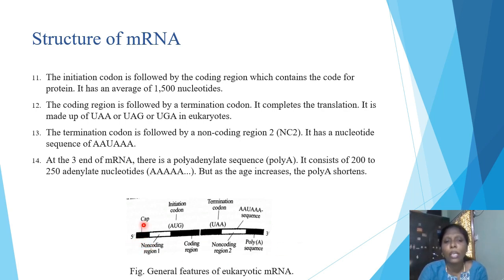Here the first thing will be the cap, where this cap will protect the nucleotide from the 5' exonuclease, which is a restriction enzyme. And at the 3' prime, you will have the poly A sequence, and this will protect the nucleotide from the 3' exonuclease. That is nothing but the restriction enzyme. And here we are seeing some non-coding regions. These non-coding regions are the regions which cannot form the amino acids.